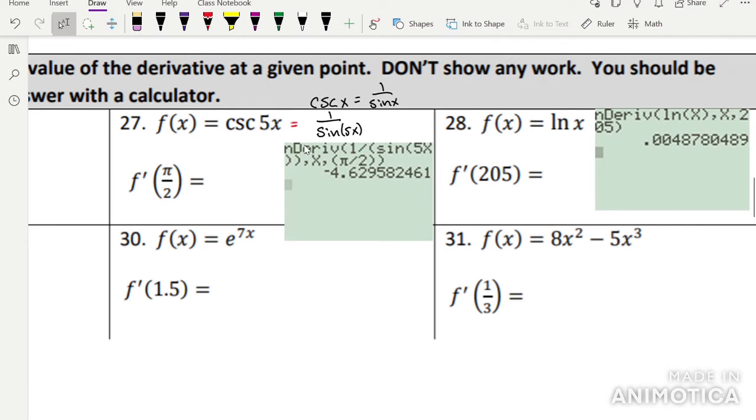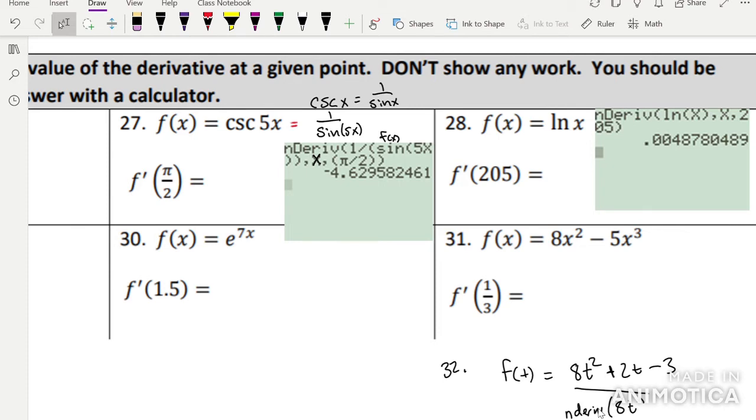Click to 8 and derive 1 divided by open bracket sine of 5x close bracket, comma. So this is my f of x. Here is my variable x. You're almost always going to be putting x unless, for example, you had question 32 and it was f of t is equal to 8t squared plus 2t minus 3, then this would become a t. So you would write this in with t, and then you'd have n deriv, comma,